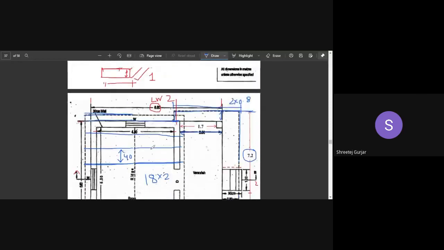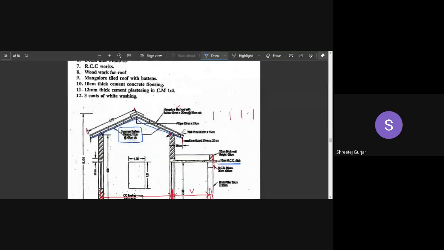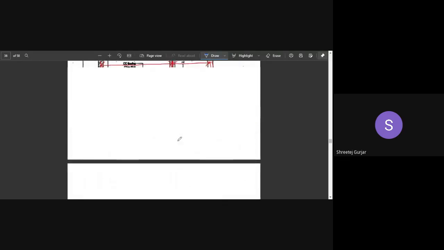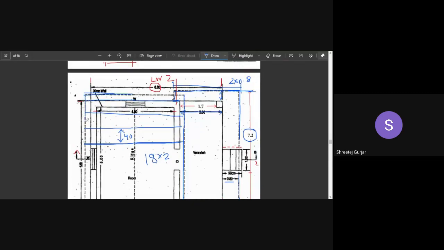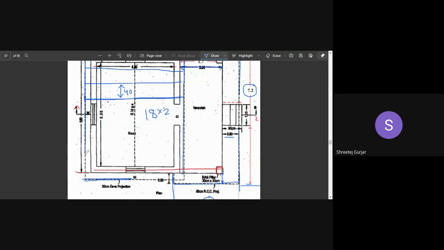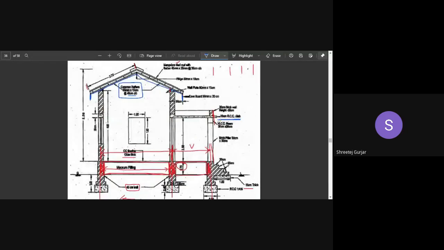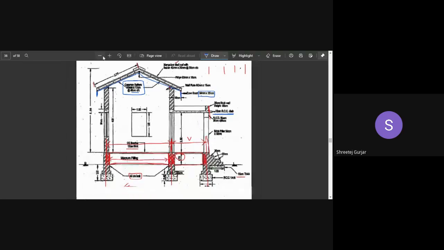Okay, let me just show you where your eave boards are. So these are your eave boards which are provided over here, right? 2 in number, and they are running like this, starting from here, going up to here. So this is 6.6 meter in length. From here we have to start and we have to end till here. So 2 into 6.6 into the size of your eave board, which is 30 mm by 20 centimeters. So you can get the quantity of your eave board.